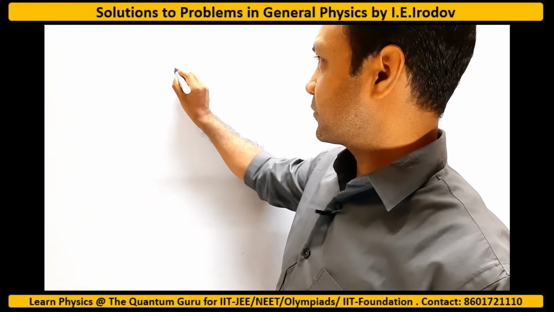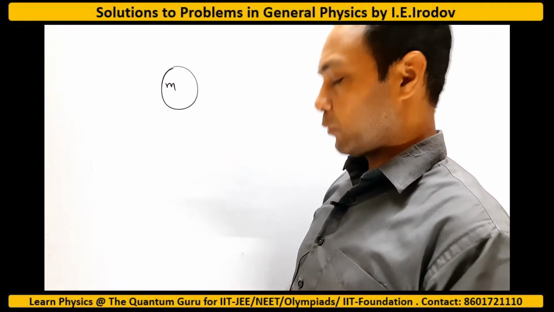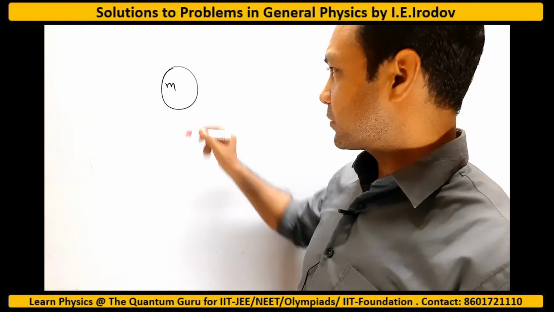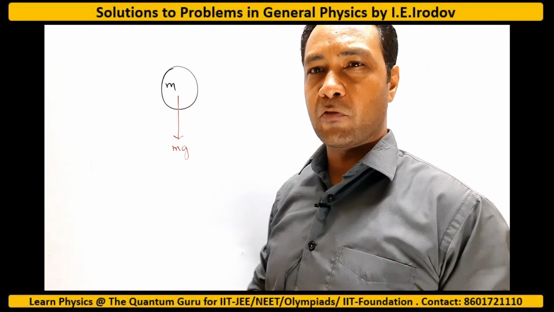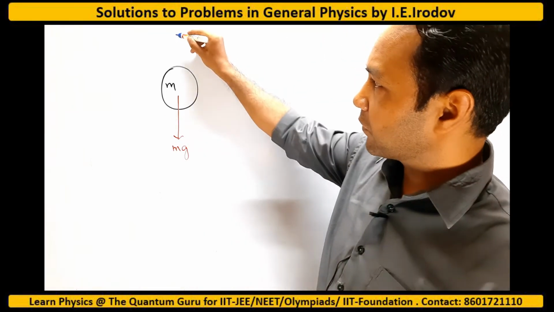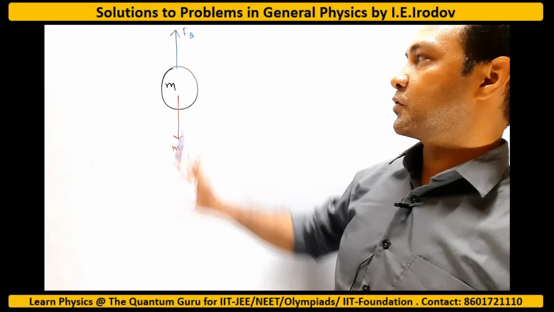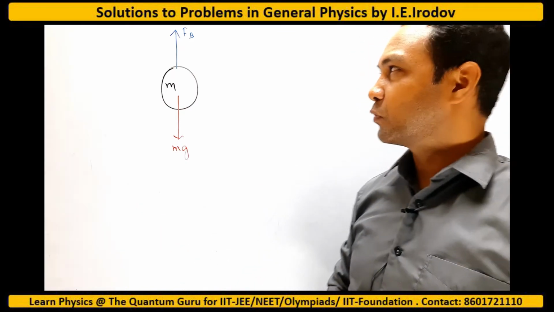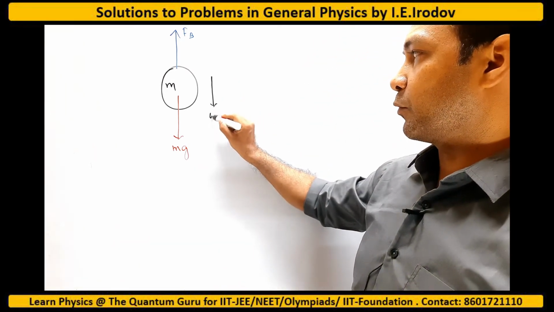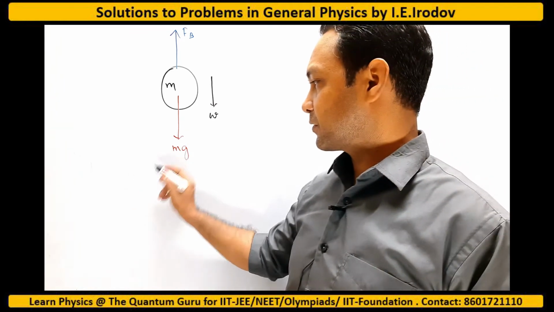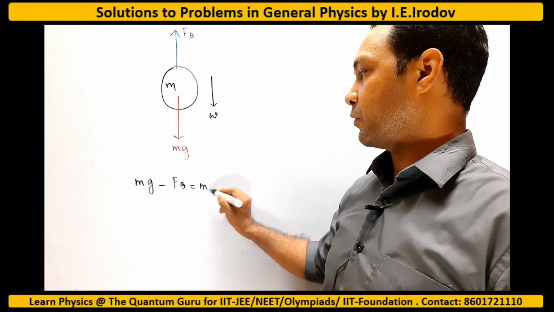So suppose this is some aerostat. It has a mass m and I want to make a free body diagram. Its weight is mg, and it is coming down, so there is a buoyant force of air acting on it. So buoyant force is Fb, and that is because of the volume. If the volume is more, there will be more buoyant force, and it is coming down with acceleration w. So the equation of motion for this aerostat is mg minus Fb is equal to m into w.